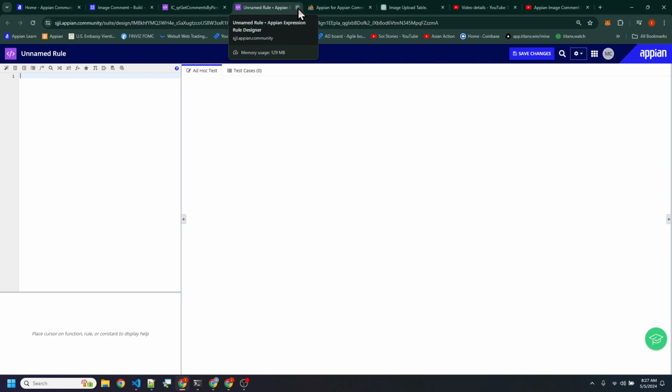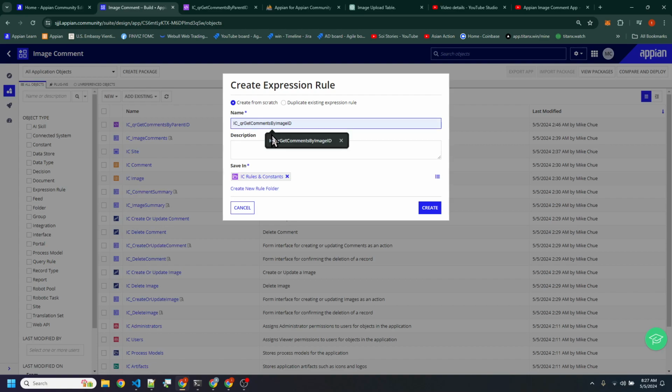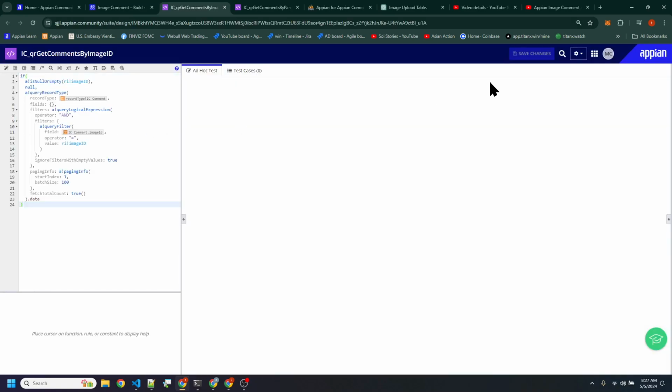Okay. So since I already created the code and copied it in my clipboard, I'm just gonna say comments by image ID, and I'm just gonna create this one. Paste the code here.